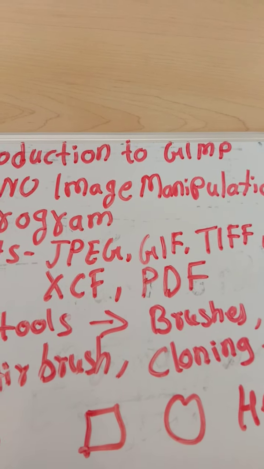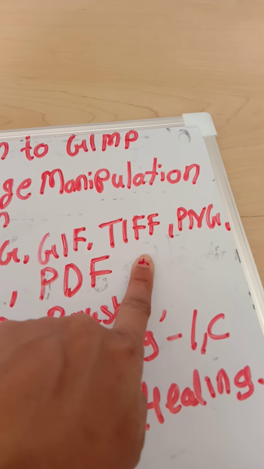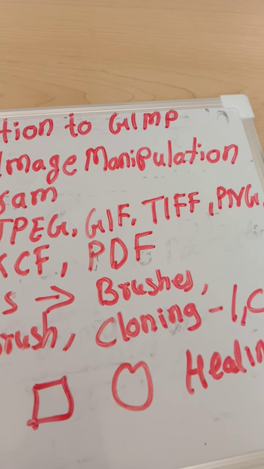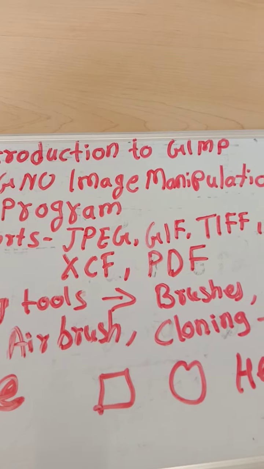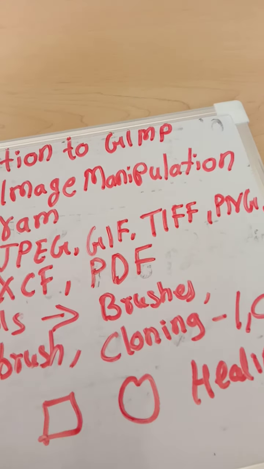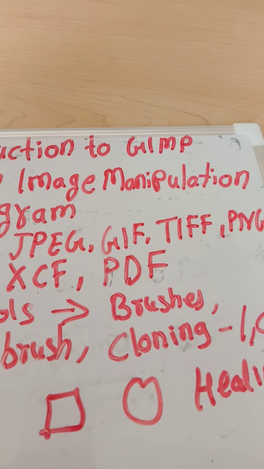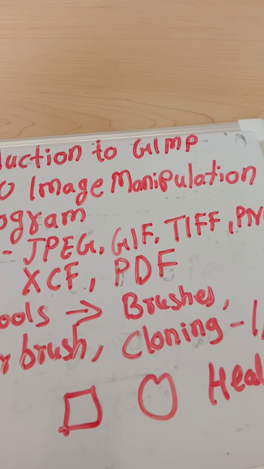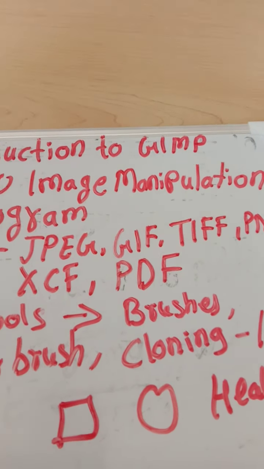Then we have TIFF. What is it? It stands for Tagged Image File Format. TIFF images create very large files as they are not compressed. GIF files were compressed, making them smaller. Compressed meaning smaller, but TIFF files are not compressed, they occupy large space. Along with the image, lots of data related to the image is also saved. They support maximum colors. In GIF it was supporting only 256 colors. Here it is maximum colors, as many colors as are available in the market, it supports all the colors.